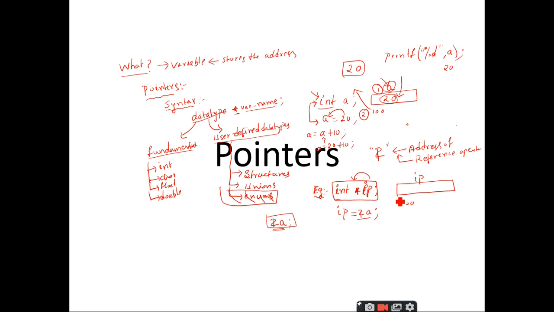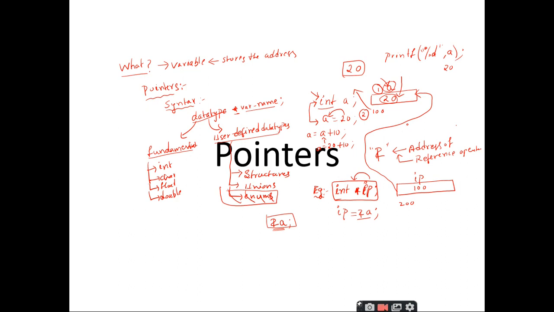Right. So ip is storing the address of another integer variable, that is a. When I store 100 inside this integer pointer, I can assume that ip is pointing to this location, that is a. That means I am establishing a pointer from ip to a. That is the reason why we call these concepts pointers.